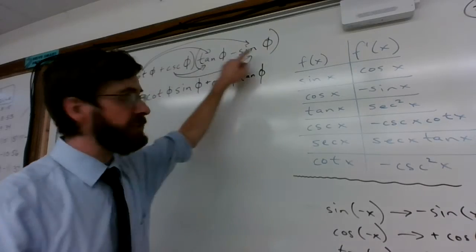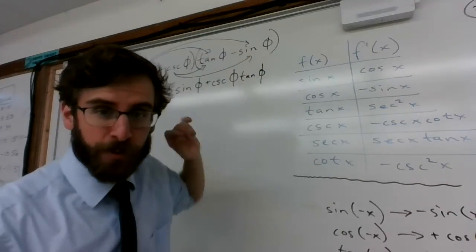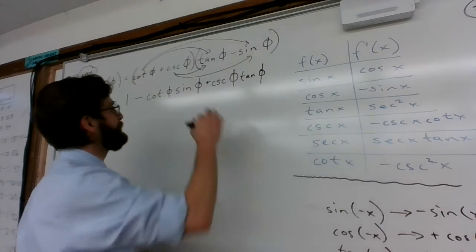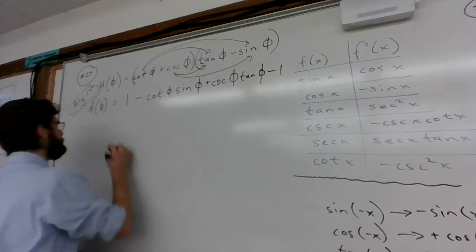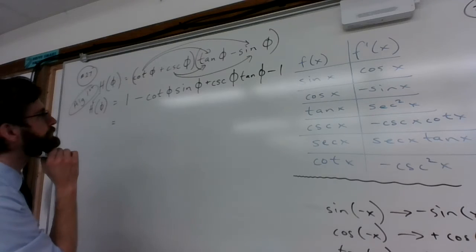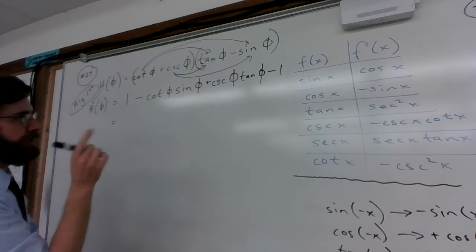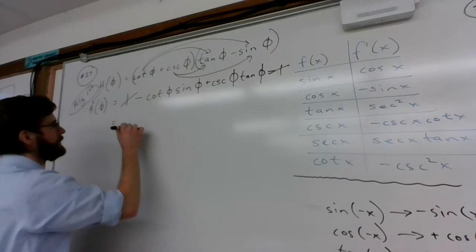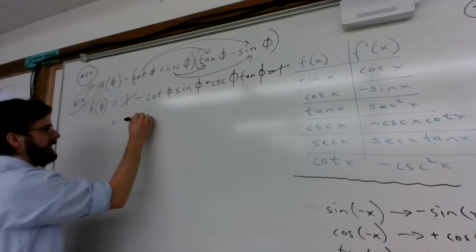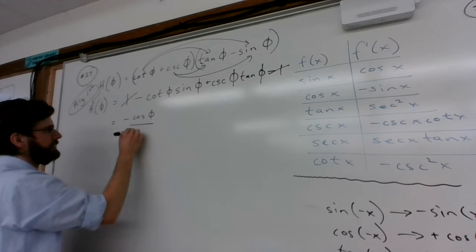And then these are also reciprocal identities. So it's 1 and it's a minus. All right. So here's what I'm going to do. 1 minus 1 is 0. Negative cosine over sine